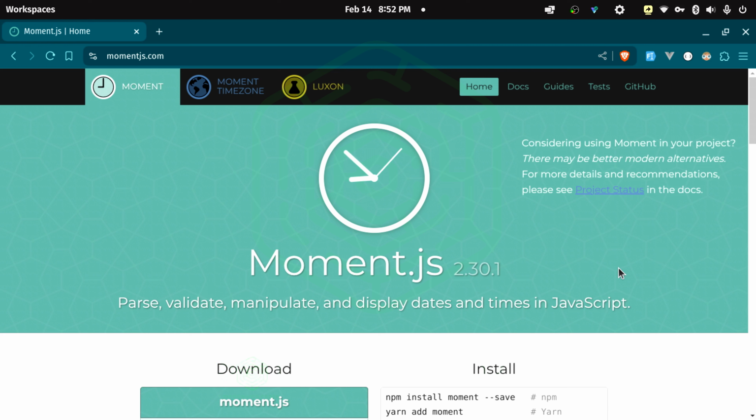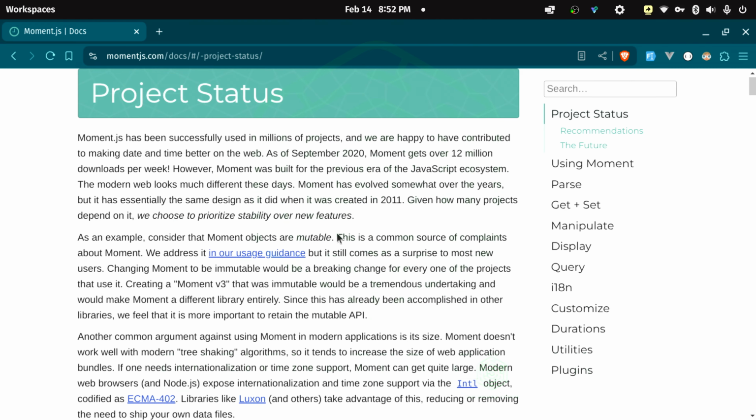And the reason I don't really recommend it anymore is because it's an outdated system. First of all, if you try to install it, it's a massive, massive package. And JavaScript is supposed to make everything seem like it's not taking up all the resources on your website. So having Moment.js isn't really feasible anymore, on top of the fact that they are no longer maintaining this package and they recommend that you use something else. Even if you go through their website, they will recommend that you go somewhere else and try something else, and it explains everything to you within the documentation here.